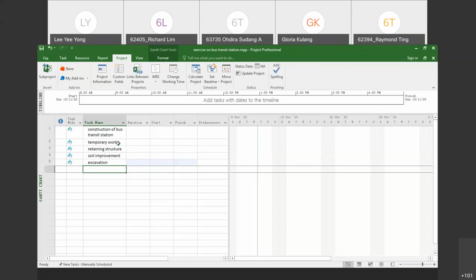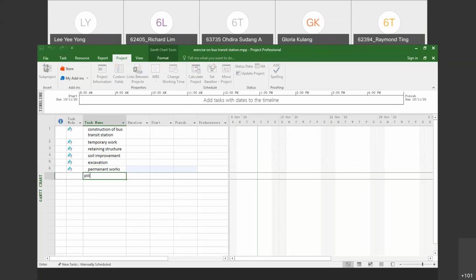So this layer is done. Okay, but at level 2 dia ada satu lagi. Level 2 dia ada permanent work. So we have this layer, permanent work. Under permanent work, we have piling. Under piling tak ada component, tak ada activity, then next we will go to structure